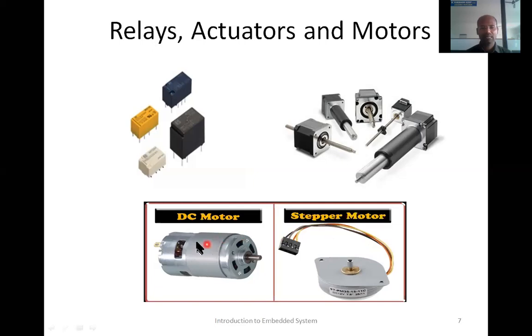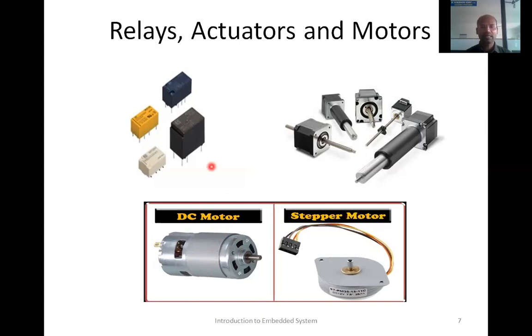In other cases, if we just need spinning action, then we use DC motors. And also by using an embedded system, or microcontrollers, not only can we turn on or turn off the DC motor, we can also control the speed of the DC motor.